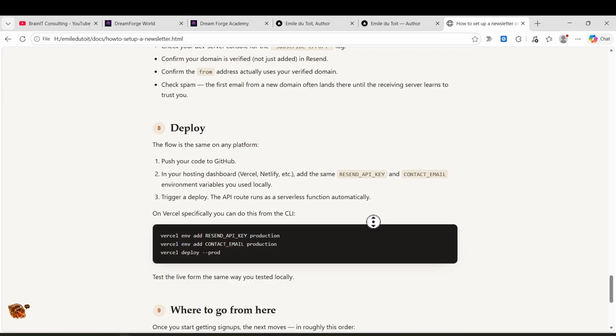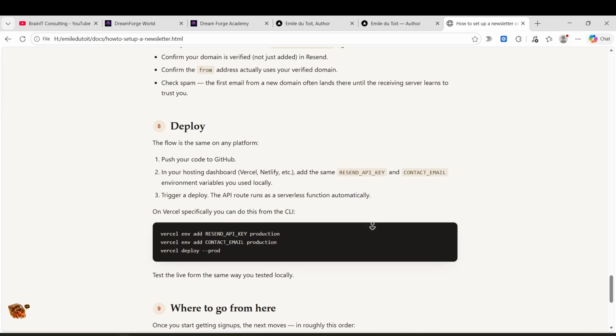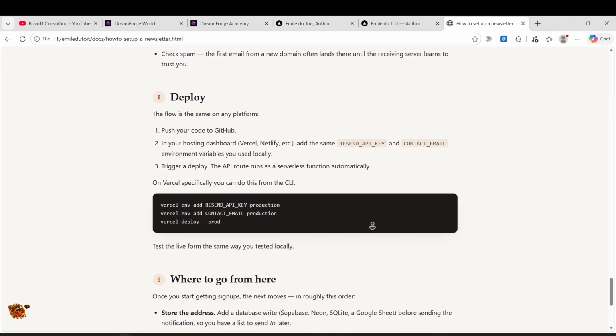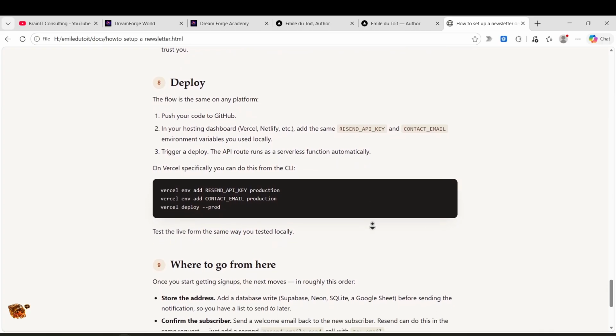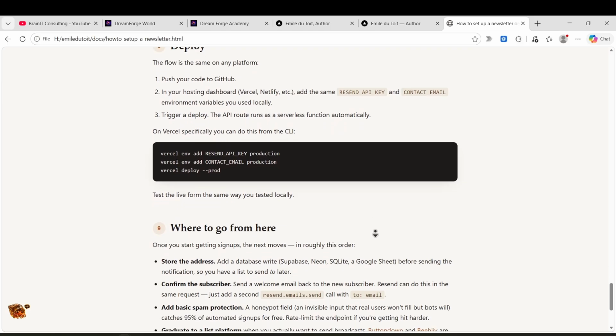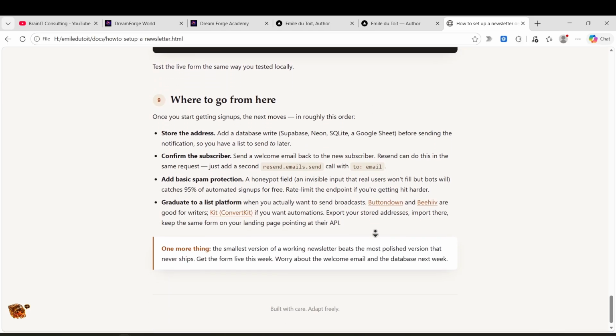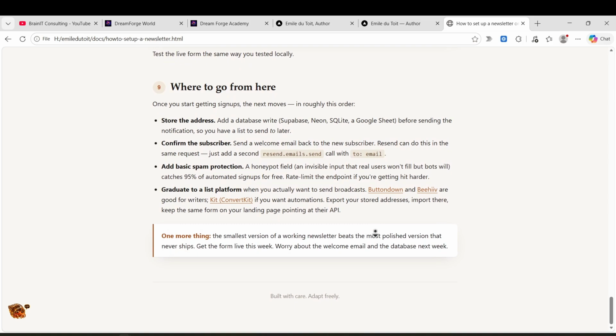You push it to your GitHub. I'm going to show you guys that I deploy all my applications to Vercel. So I recommend you do the same. You can use Netlify, but I like Vercel. The free plan is very generous, so work with that. Getting a little bit more advanced, if you're interested.